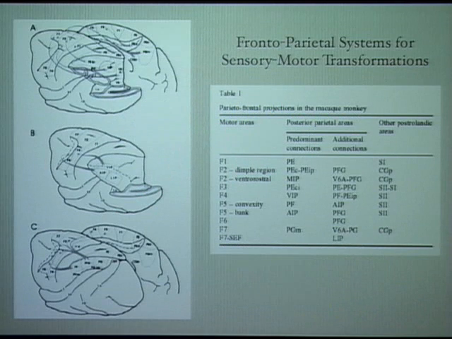Now, this circuit between F5 and PF is embedded in a very large parallel architecture connecting parietal regions and frontal regions. The frontal regions are here on this table, and the parietal ones are here. Why am I making this point? I think it's important to consider where this circuit is located, because all these circuitries, all these connections, are dedicated to one major goal, which is sensory motor transformation, transforming sensory input into an appropriate motor output. And if you keep that in mind, then you have to really consider that in evolutionary terms,